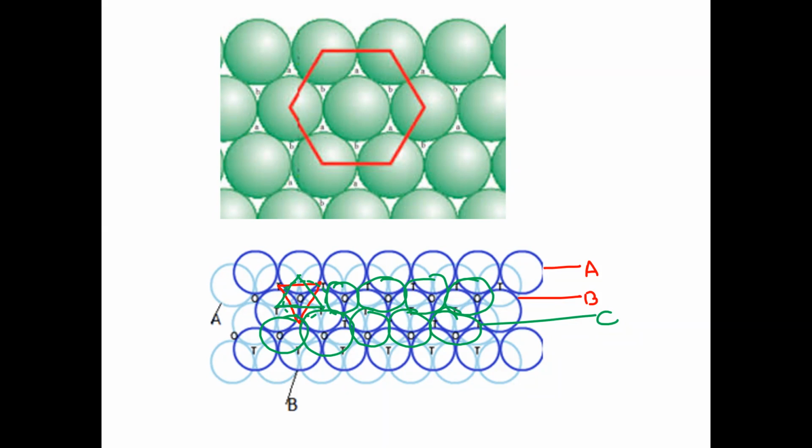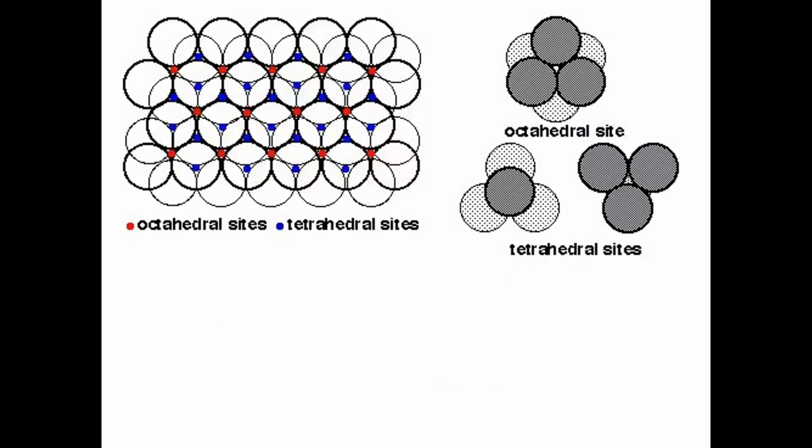So A, B, C, A. Then you use again octahedral holes, the common hole between A and C. You will develop B. So in this way, this type of stacking is called ABC, ABC, ABC type of stacking. I will just show you this: when you are taking two triangles, then you are looking for the octahedral hole.